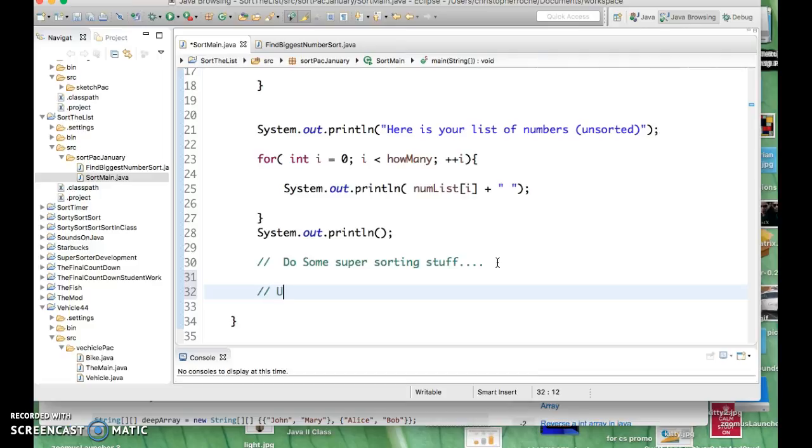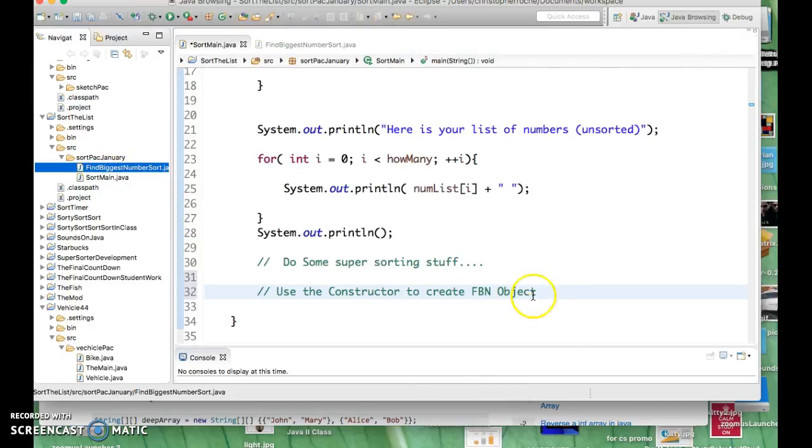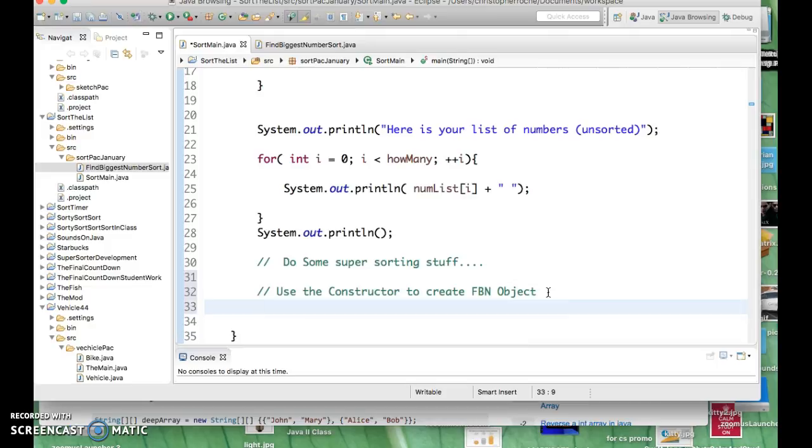I'm going to use the constructor to create a find biggest number object. I'm trying to create one of these, and I have my template, which is my class. The class is called FindBiggestNumberSort, which is a long name, and we'll call it FBN. It's going to equal new, which is what calls up the constructor, FindBiggestNumberSort. And then I have to send it an array, because